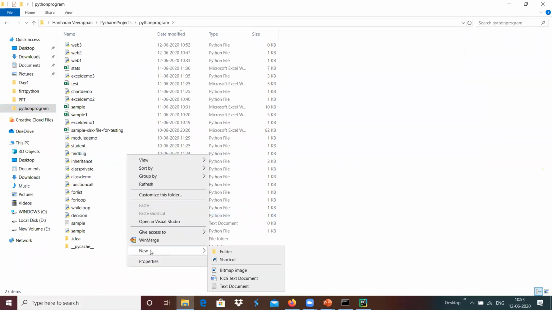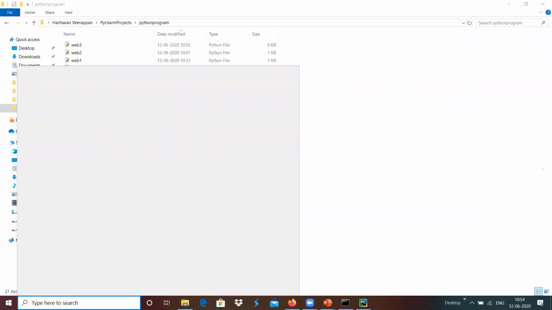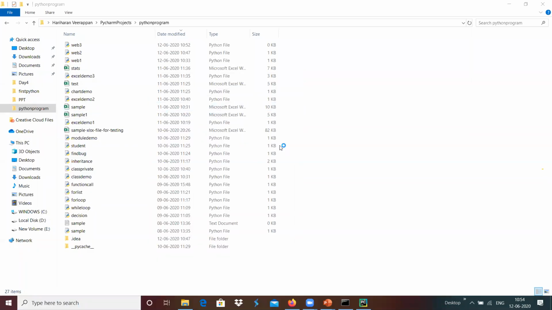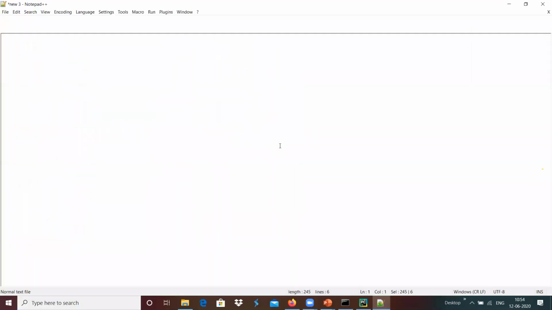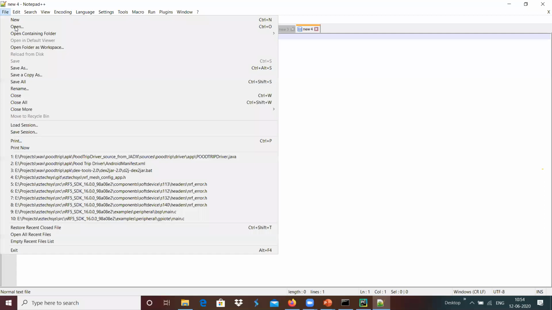For example, Notepad++, and I'm going to create a new file which can be an HTML file.